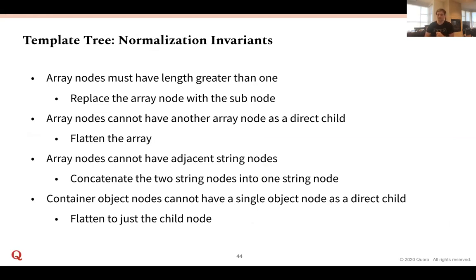Basically, we want to make sure there aren't two node trees that represent the same translation that have slightly different formats. So there are these 4 rules that we apply. First, array nodes must have a length greater than 1. If you have an array node with only one thing in it, you can just replace it with that thing instead. Array nodes cannot have an array node as a direct child. So basically, if you have an array with an array directly inside of it, just flatten those arrays into one